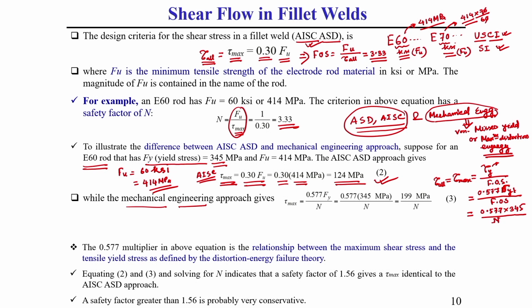So, this is the tau max you can get based on the mechanical engineering approach. Now, how does this 0.577 sigma yield due to tension, this tau yield value, come about? That I am just discussing here. In the case of plane stress condition,